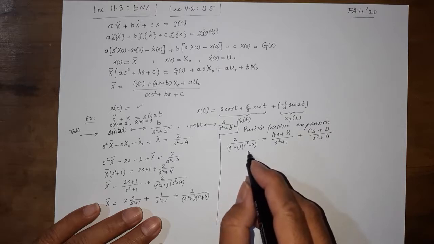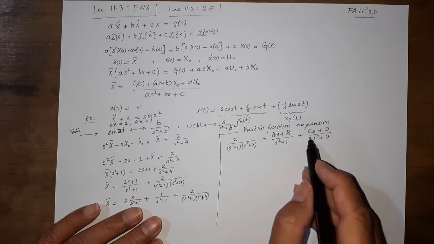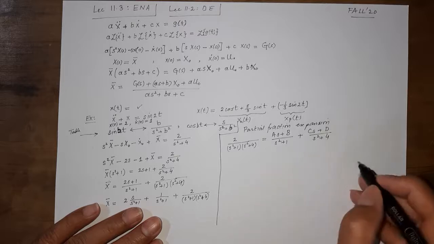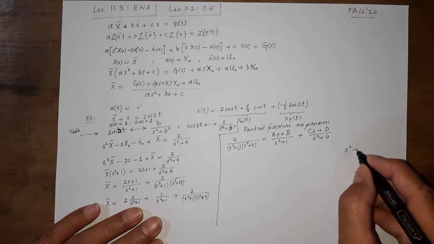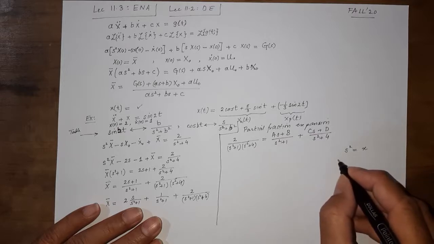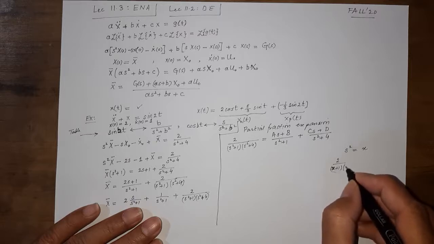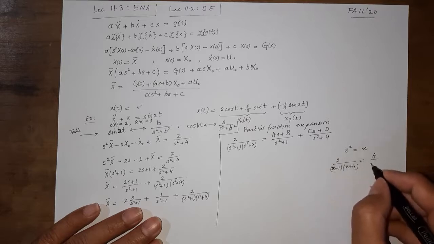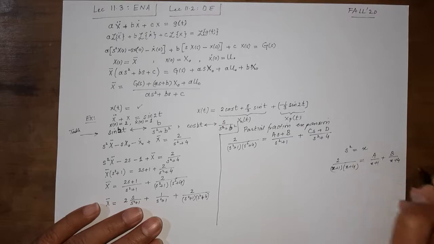Although we can use a trick here, writing this out is actually teaching you the proper way of doing it. The trick is that I can replace this s square with something, say x. So we are concerned with finding the partial fraction expansion for 2 over (x plus 1)(x plus 4), where we can write a over x plus 1 plus b over x plus 4.